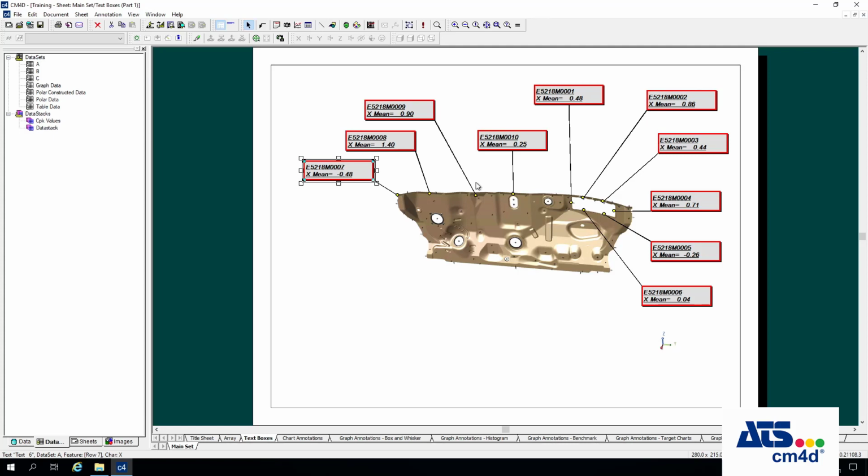So there's three main ways of displaying dynamic changes to our objects, and we'll look at all three in this